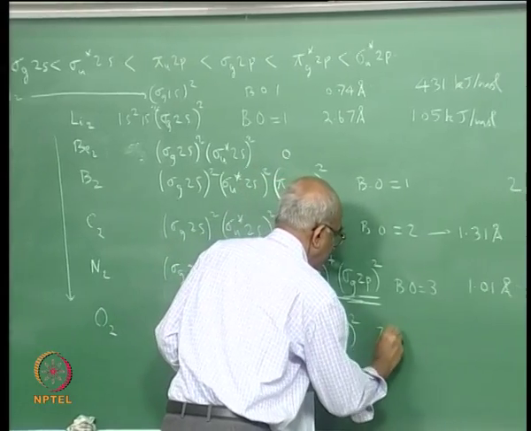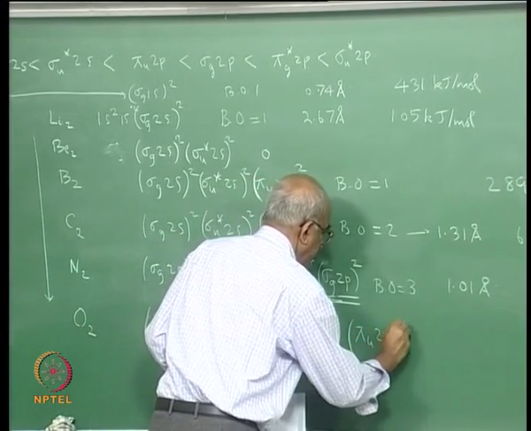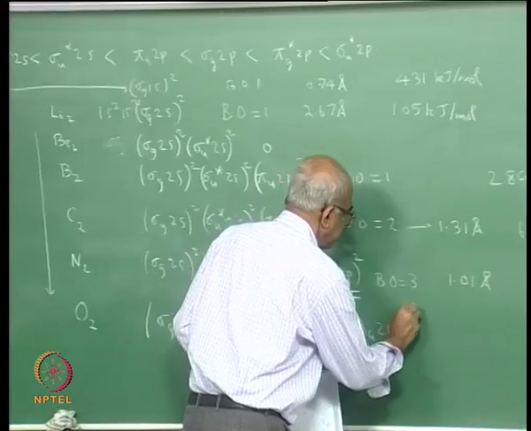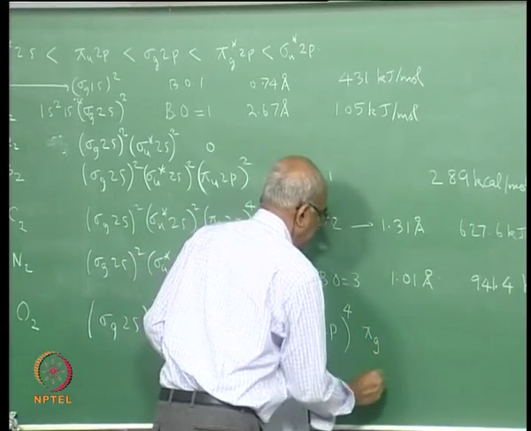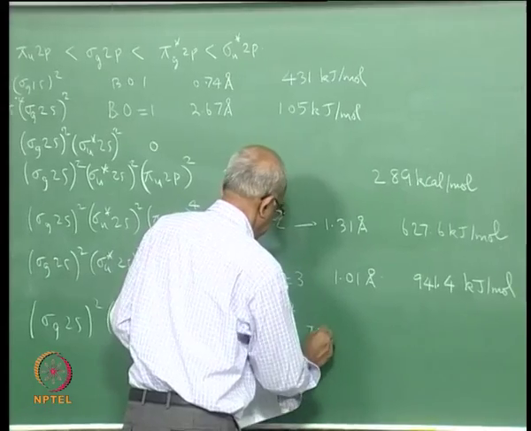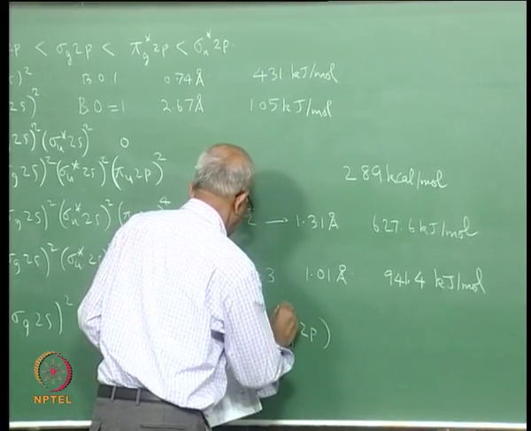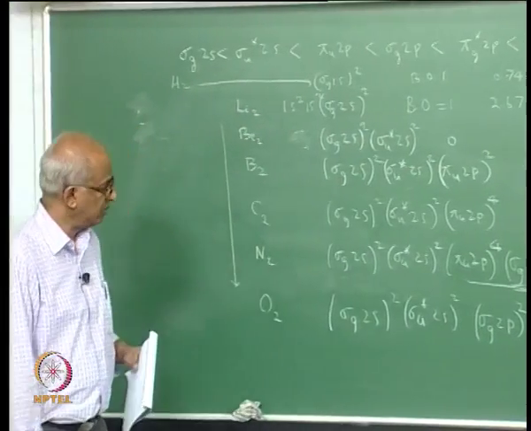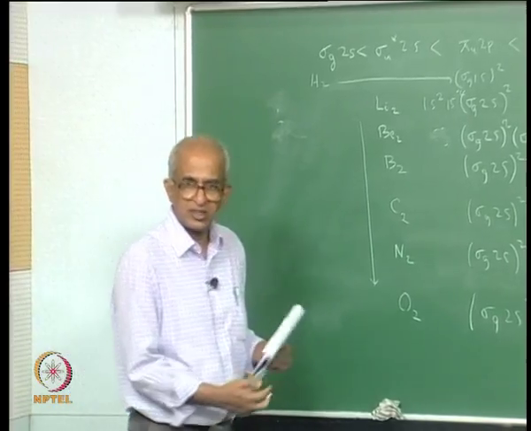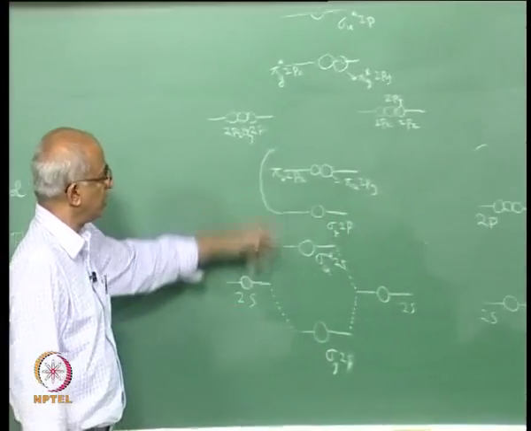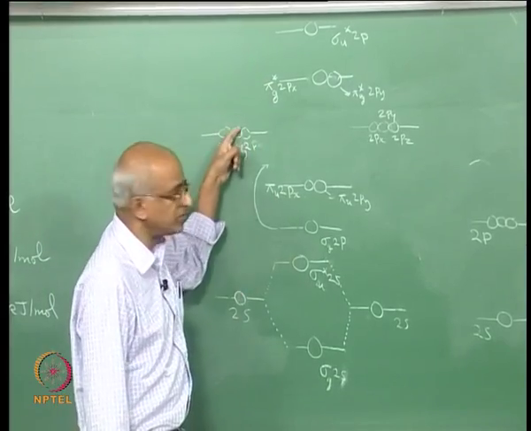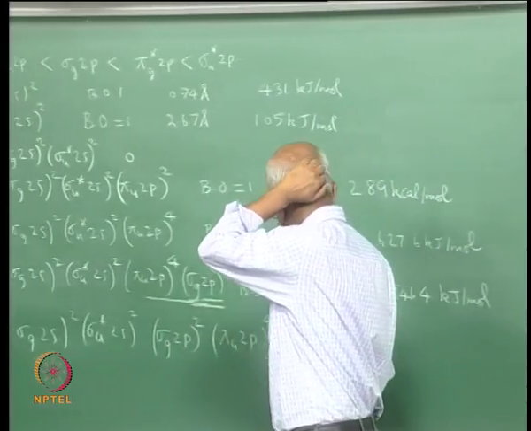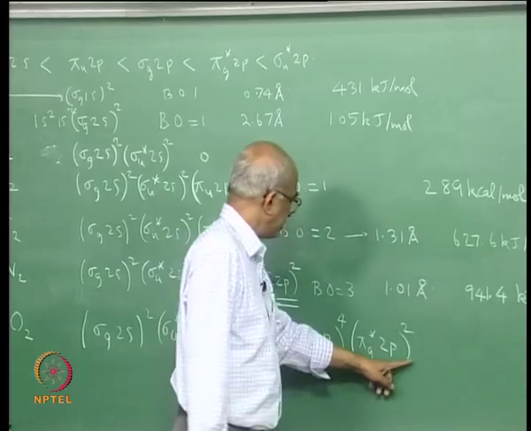and pi u 2p with how many electrons? With 4 electrons, and pi g star 2p will contain how many electrons? It will contain 2 electrons. Have I got something interchanged? It is actually this orbital order that you have to follow now, essentially because the energy separation between 2s and 2p is large. And therefore, you have this order, and if that is the way it is, you would find that